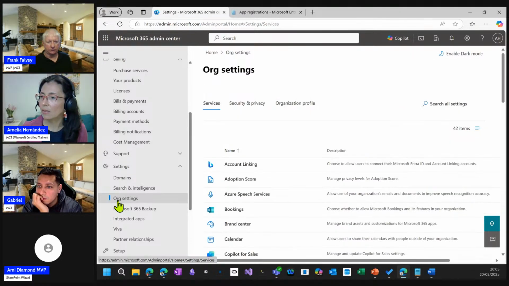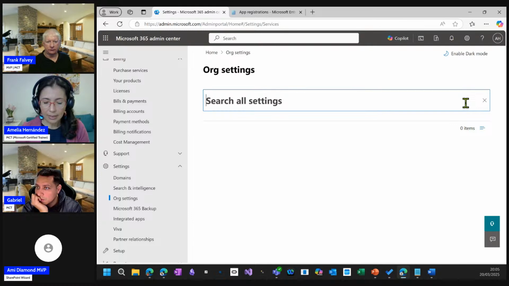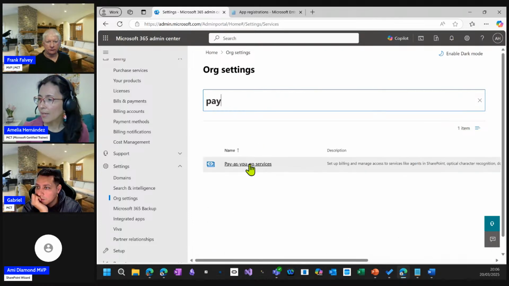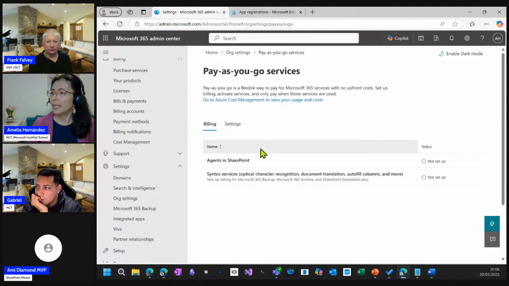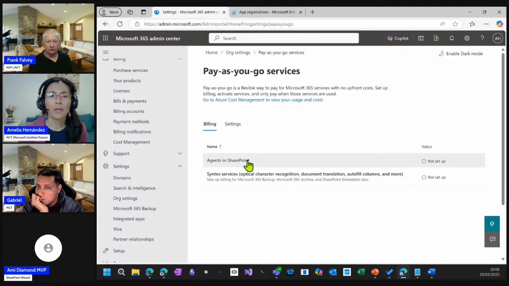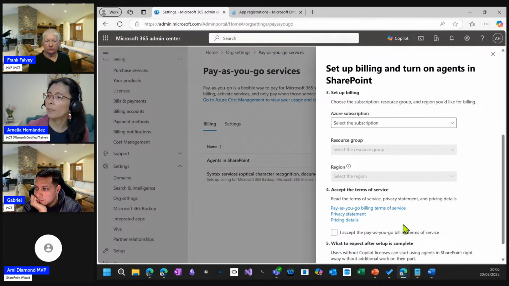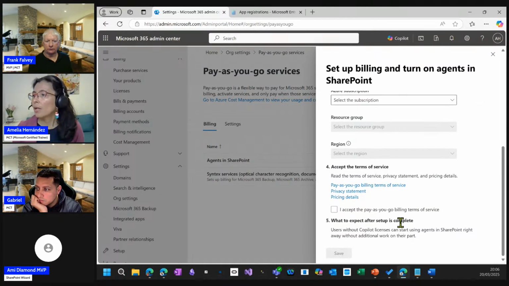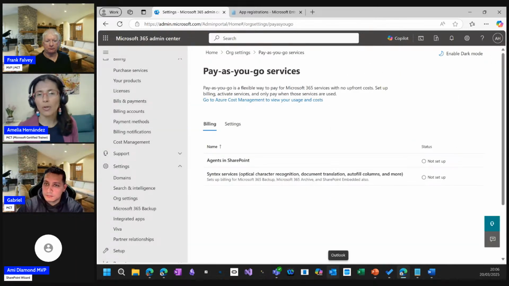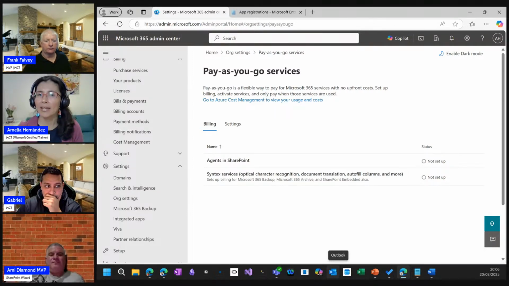Under organization settings, you have here as well the option to set up pay-as-you-go services. And here is where you can set up pay-as-you-go for your agents in SharePoint. So again, here you have the option to fill in the form, agent subscription. An agent subscription set up for pay-as-you-go is, of course, required. And yes, that's pretty much what I have to share about the management of Copilot agents in the Microsoft 365